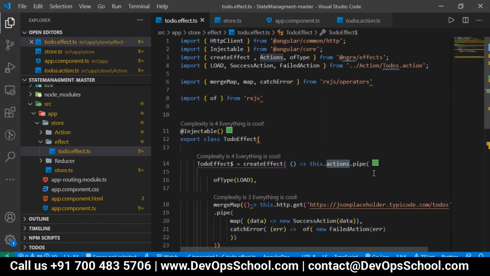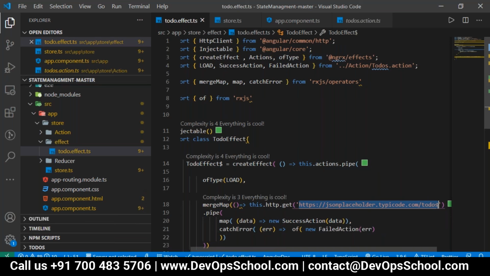In the pipe we are sending, we are taking a REST API, which is a dummy REST API, with some data which we are considering from JSONPlaceholder.